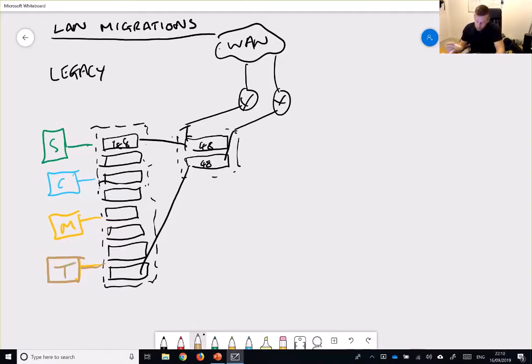But you would also then, so this is like a collapsed core. These switches here are a collapsed core, and this is like the access layer.